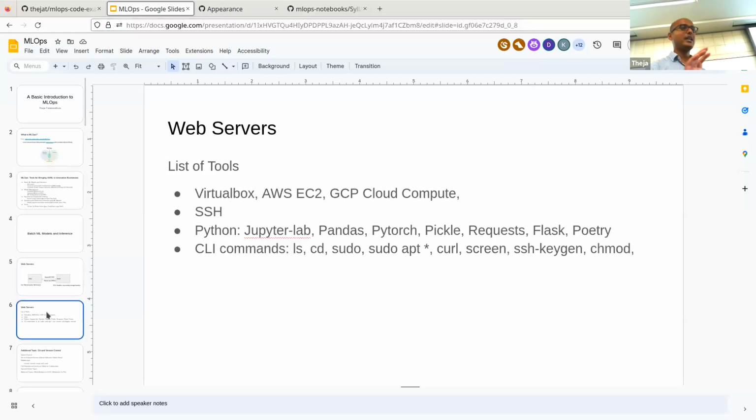Yeah, let's look at the tool names before we get into some trial. So if you want to try out virtual machines and you don't want to care about cloud providers, at least for this lecture, we'll try out some cloud services later. If you want to try them, you will have to use the cloud providers. But for today, if you already have a Linux machine, you don't need all this. But if you don't, then